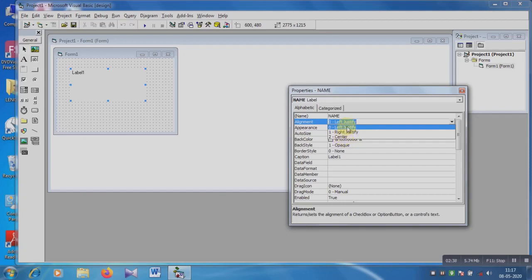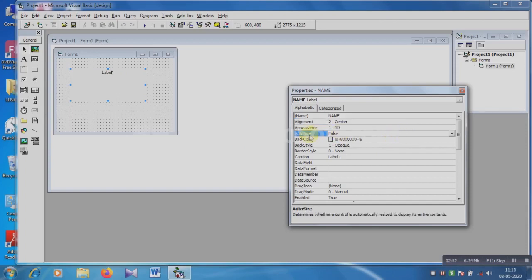By default left is chosen, and you can choose right. See, Label 1 now appears on the right side, and if you choose the center, then Label 1 appears in the center. You can choose from these three options.